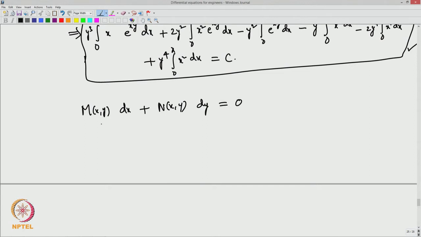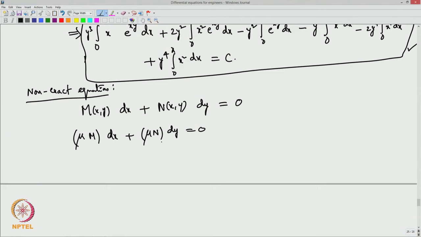When you are given this non-exact equation, if you want to make it an exact equation, you multiply it with some mu, a function of x and y, into M dx plus N dy equal to 0. Mu is unknown, you do not know it a priori. If you multiply by some function that makes this an exact equation,